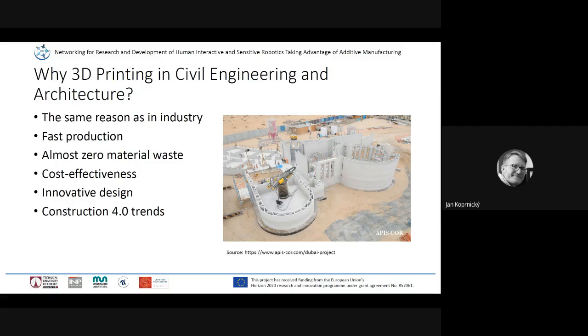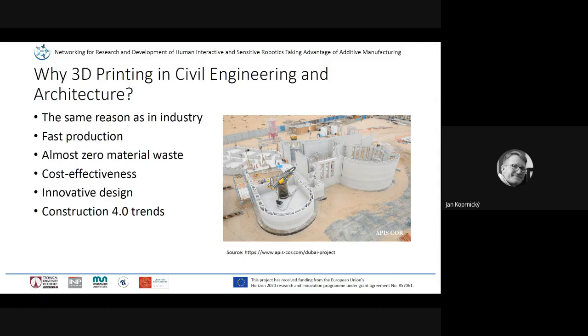They would like to be cost effective. So in this domain of industry, this kind of technology supports or enables innovative design in structures. And probably you know the term Industry 4.0. So there is also Construction 4.0. This trend is visible also in the market. What you can see on the right side is the part or